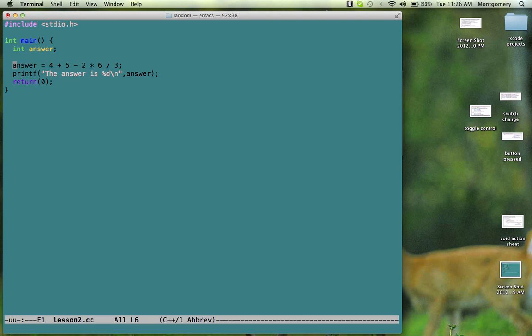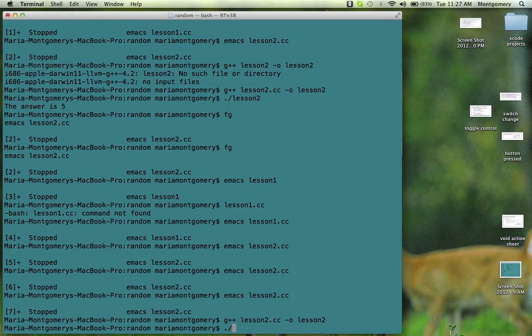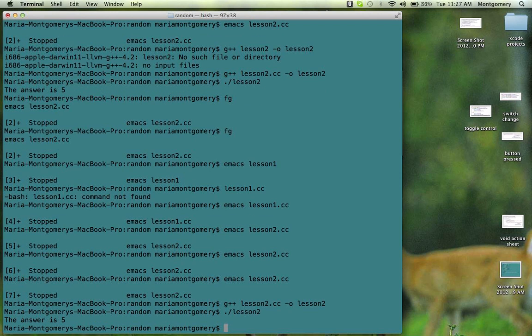So if you save this, which is Control X, Control S, and then Control Z, and I have my stuff saved in C++, so you need to listen to .cc. You need to save it and then give it the name that you want it to run under, which I make the same thing. And then you're going to want to run it, and it's going to give you the answer down here, which is